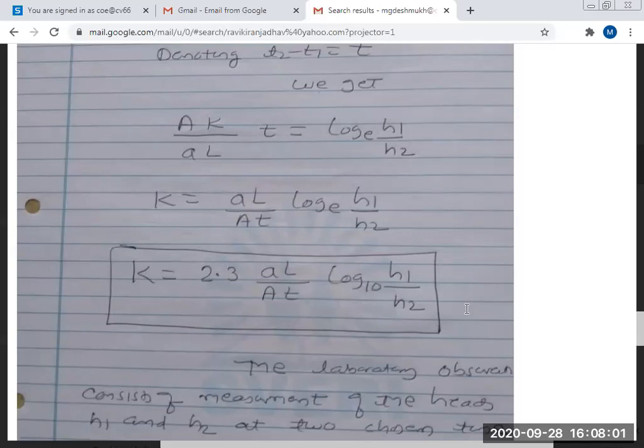Any doubts, please? I think both the methods are very clear to you. We don't have this setup in the lab, but I am making the arrangement. So when you join, we will perform this experiment. But in the next class, I will stop explaining new experiments. Whatever old ones we did, now we will perform them, and we will do the calculations week by week.